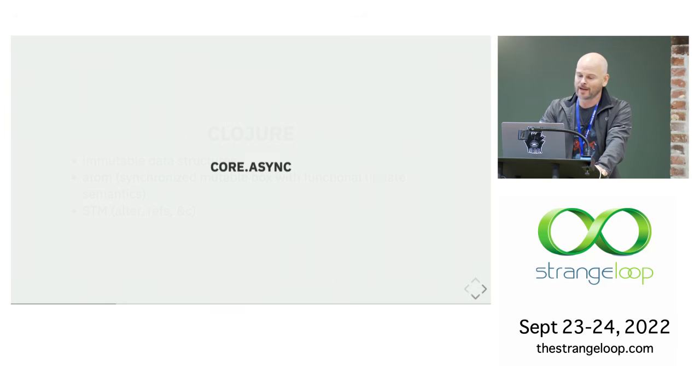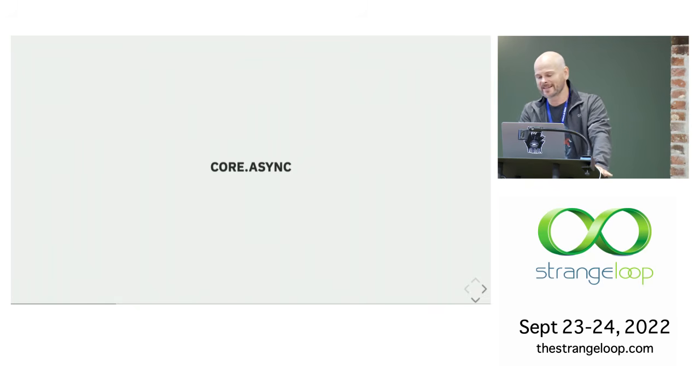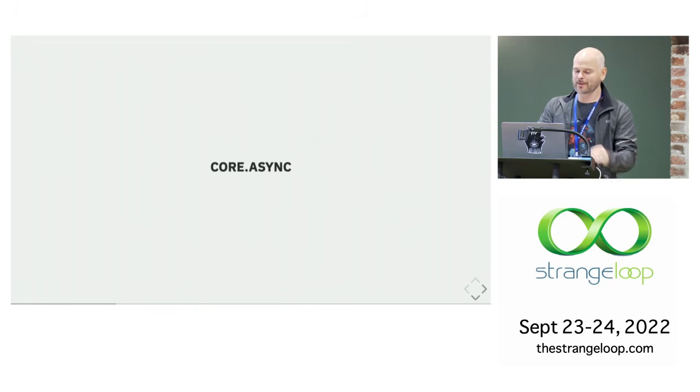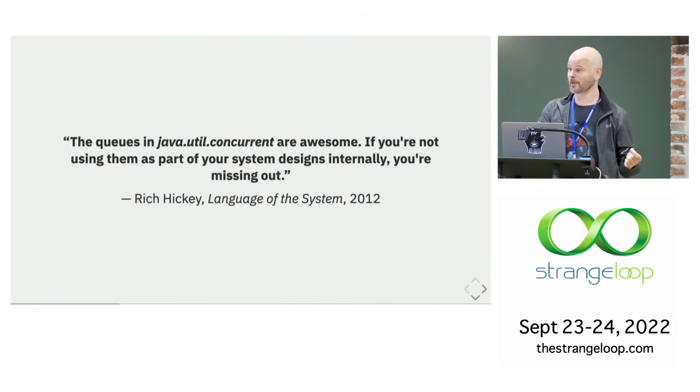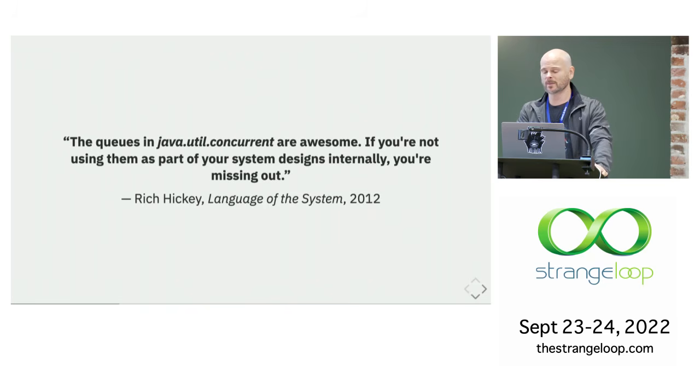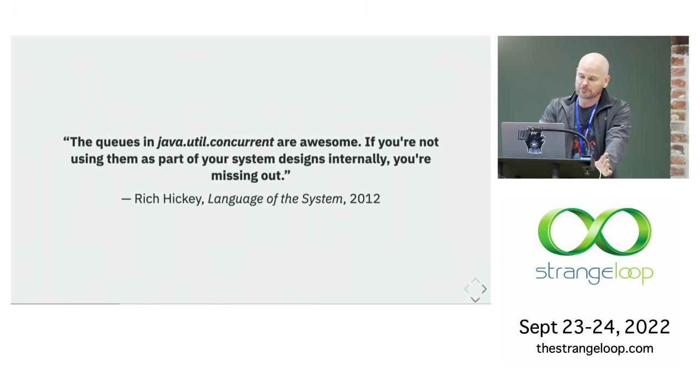And then on top of this, we have core async. Now, I have less nice things to say about core async, right? I like communicating sequential processes the way everybody else does, but this is implemented as a macro, and as a consequence, when it compiles your CSP code, you end up with something that you can't really look into anymore. Like you can't ask a channel, how many things are in that channel? You can't really know much about what's happening there. And I would say that in the JVM, I agree with what Rich said the year before he created core async, which is that you should just probably use the built-in concurrent queues. Now in ClojureScript, of course, these things were more useful because everybody was trapped in callback hell. We'll see what happens moving on now that we have async await in JavaScript.